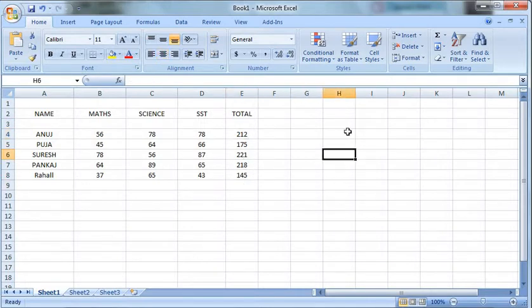Now this you already know, I hope. Now suppose the same names are there in this also, right?